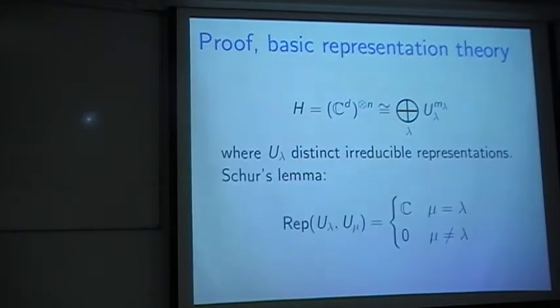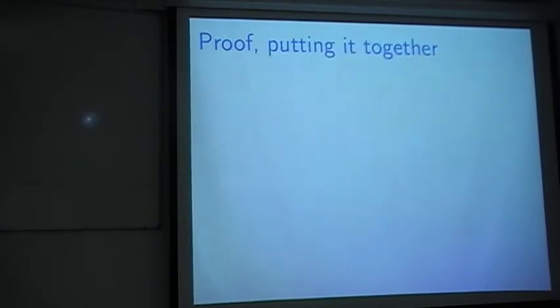And the other one I need is Schur's lemma, which says that the representation homomorphisms between irreducible representations are really simple. If they are distinct, there isn't any map. And if they are the same, then it's only lambda times the identity, so it's just a complex number. And that's really all we need